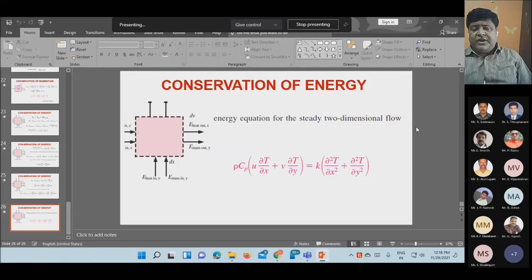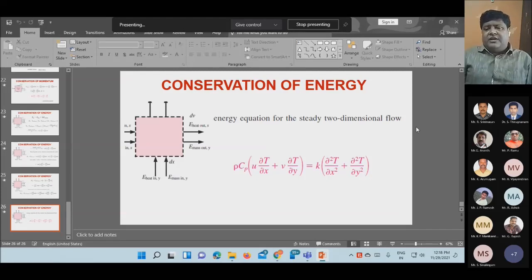So when I have to find out the critical length, there is a fluid flowing with a given velocity, say 5 meters per second, a length of the plate of 5 meters, and the width of the plate is 2 meters. So the area is 10 meters square. Say there is a gas at 150 degrees Celsius flowing over the plate at 5 meters per second. You have to understand the length is 5 meters. Is the flow completely laminar, completely turbulent, or does it convert from laminar to turbulent?